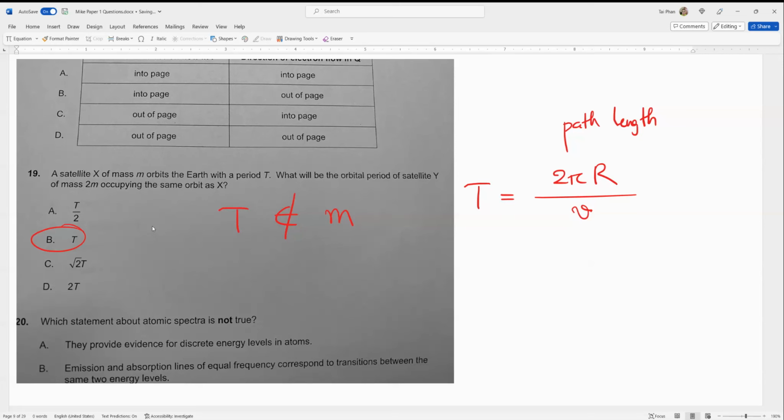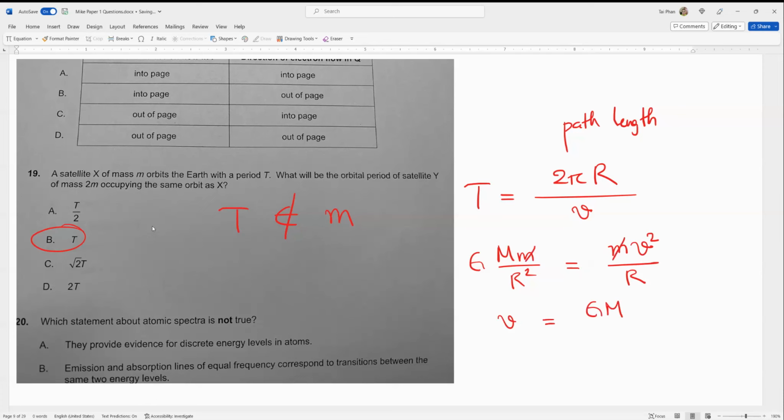And the speed is determined by an equation. The gravitational force is G big M small m over r squared, where big M is the mass of the Earth and m is the mass of the satellite. This is the formula for gravitational force. This gravitational force is the centripetal force, the mass of the satellite times the square of its speed divided by the radius. From this formula, we have the speed v equal to